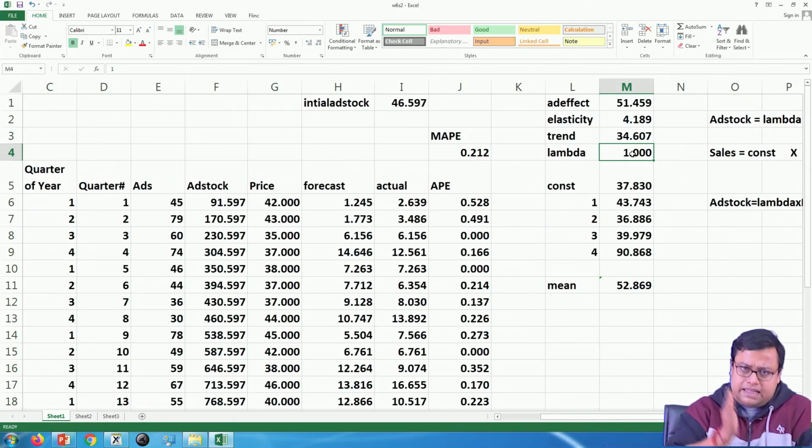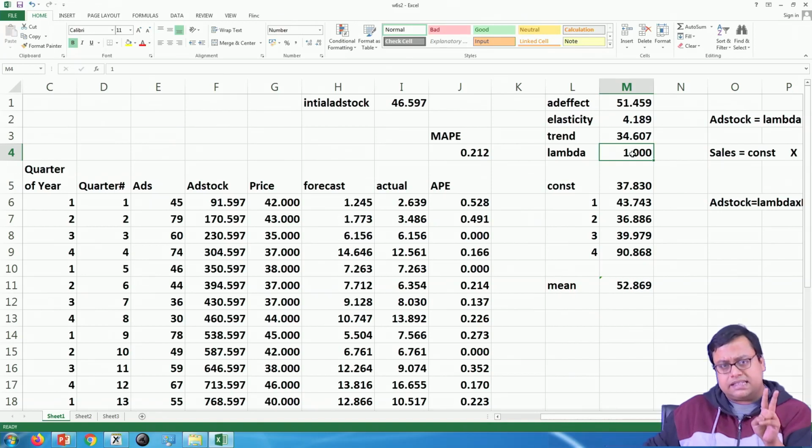Now, till this video, we are still discussing advertisement and pricing as only one single component. So, there is only one type of ad and only one type of price, but we have not considered multiple types of price promotions and multiple pricing schemes in combination with multiple types of ads. This is the collective ad expenditure, but the effect might be different for TV. The decay will be different for TV, different from radio, different for others, which is still not seen in this video at greater depth.